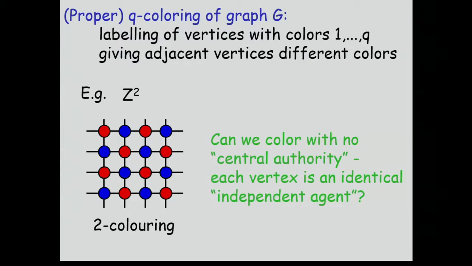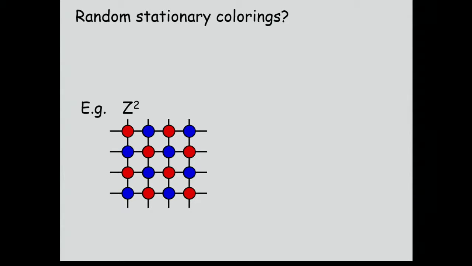So the kind of question I want to think about is, how could we colour with no central authority? I mean, I want to imagine that each vertex is an individual agent somehow, and there's no dictator. It's just a democracy, and they want to come up with a colouring on their own somehow. Okay, so let's try to make that precise. I mean, one thing you could certainly ask for is